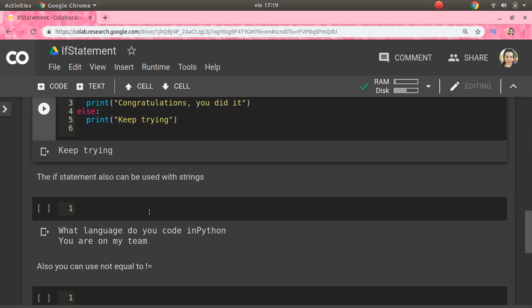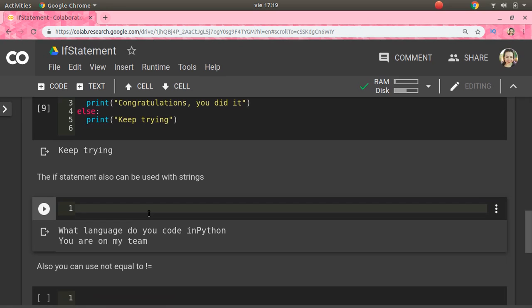The if statement can also be used with strings. Strings, remember, are words because they are a chain of characters. And also you can use it with a single character, for instance a letter. Let's try with a string. Answer, I'm going to ask something, that's why I need a variable where I'm going to put the input of the user. So to do that, let's use input,